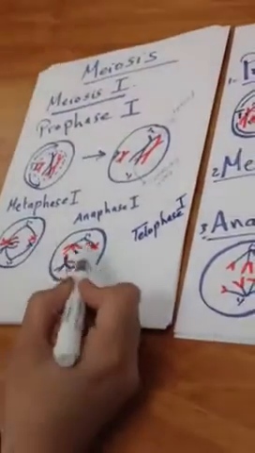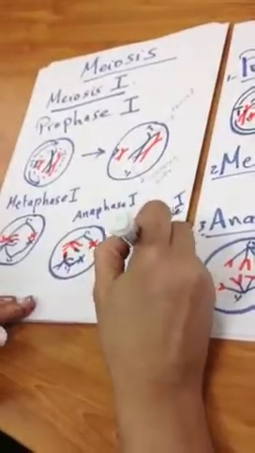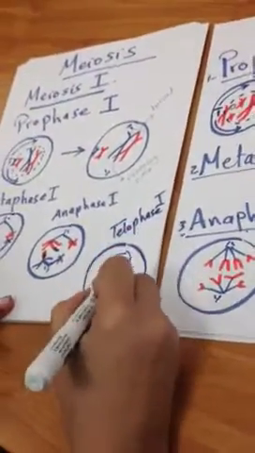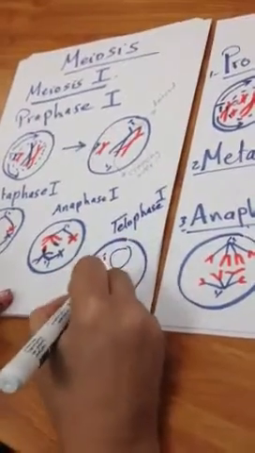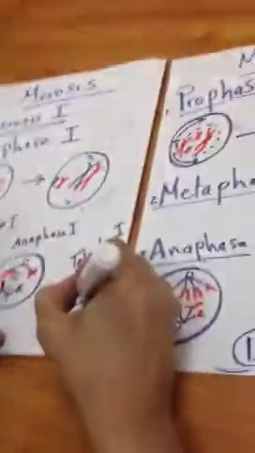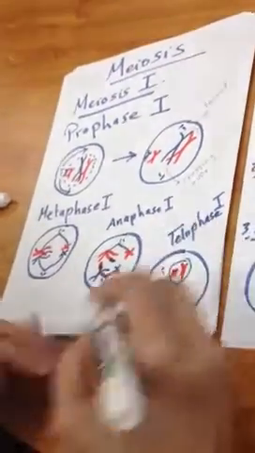اوكي طيب each set of chromosomes will surround themselves by a nuclear membrane and they become a nucleus. اهو، هنا في ايه بقى؟ هنا في 2 chromosomes only out of 4. صح؟